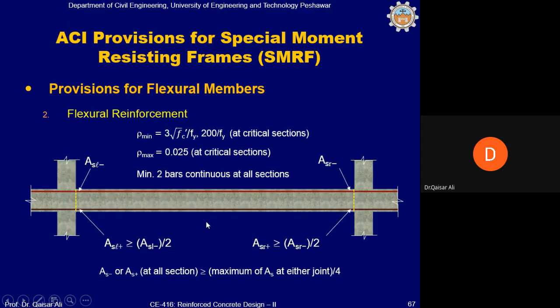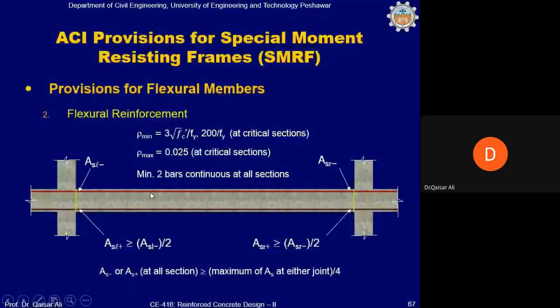Okay, at any other location of the beam, the reinforcing bars shall be at least 25% of the maximum area of steel at either joint. So in the previous example which we were talking about, 8 divided by 4,